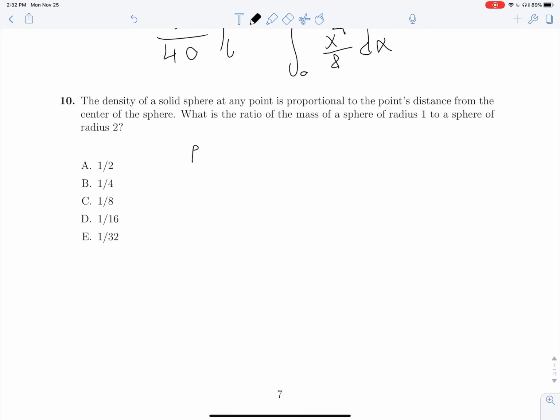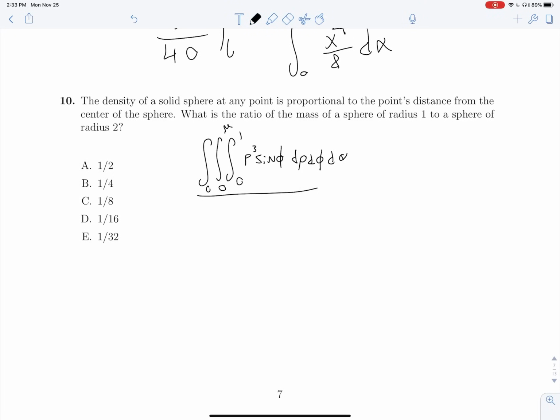So really, the density function is just rho, because rho increases proportionally to the point's distance from the center of the sphere. So we're taking two integrals here, and really it's a fraction. So we're looking for the ratio of the triple integral of rho, well, it'll be rho cubed sine phi d rho d phi d theta, and we want the entire sphere, so our bounds are going to be 0 to 1, 0 to pi, and 0 to 2 pi up there,